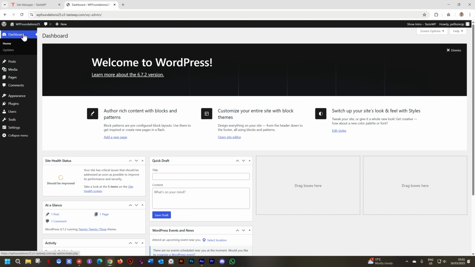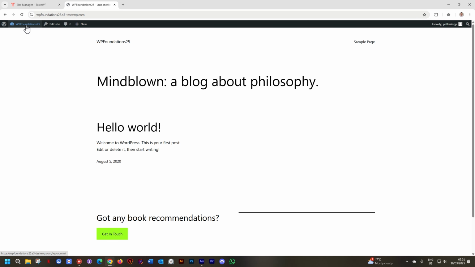I did this for years and then I found out there's actually a much quicker way to do it. You go to the name. You don't have to go down to visit site. You just click on the name. And once you click on the name, it takes you to the front. Click on it again, takes you to the back. Very simple. Clickety-click, clickety-click, clickety-click.